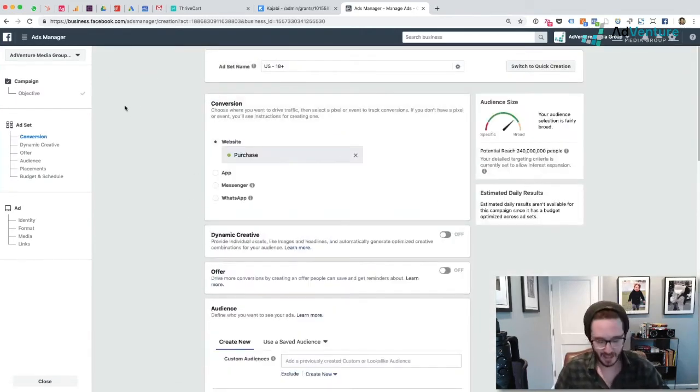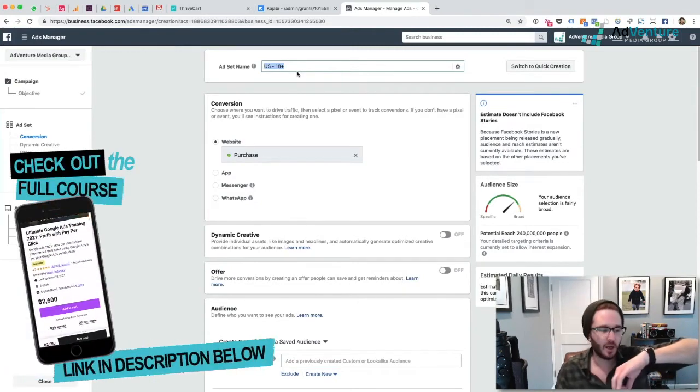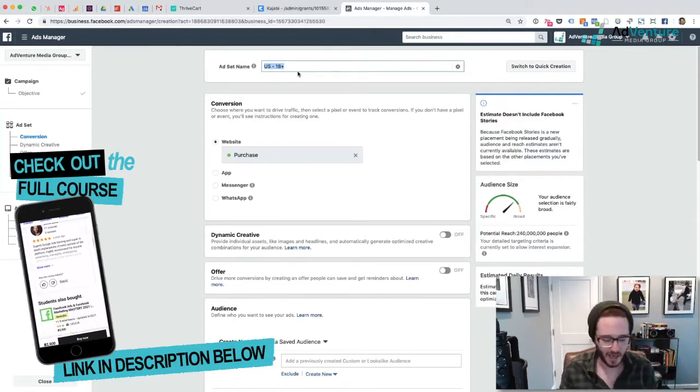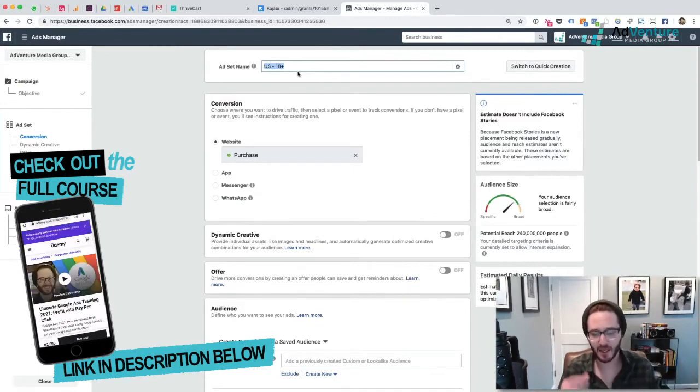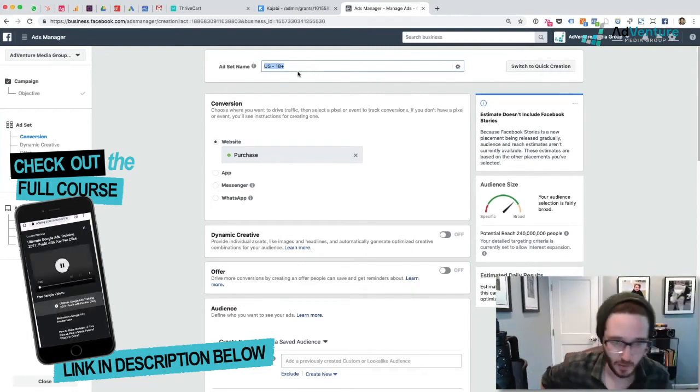And again, you could have your ad set name, and there's a bunch of different ways to name your ad sets. Because I'm going to be doing the same age range and same targeting, I'm not going to include age range or locations in the ad set name. So if you're running ad sets, and some ad sets you're targeting men and women 18 to 50, and some you're targeting men and women 35 to 40, you could identify that in your ad set name if that's the main difference. But just for naming conventions purposes, I would suggest the primary difference between ad sets being